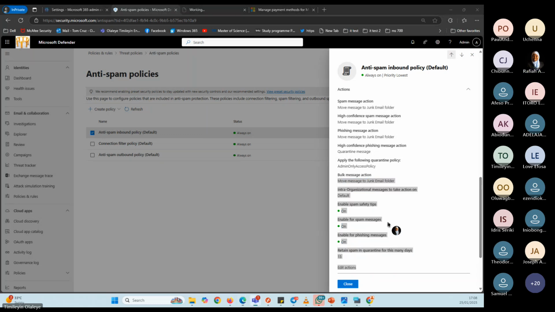Click on edit actions. Okay, let me just read it through from here. You have moved on the same page. So you can see bulk message action, the action there is that you should move the message to junk email folder. Then we have all of that turned on, retain spam in quarantine for 15 days. Now, the part where I'm going to is